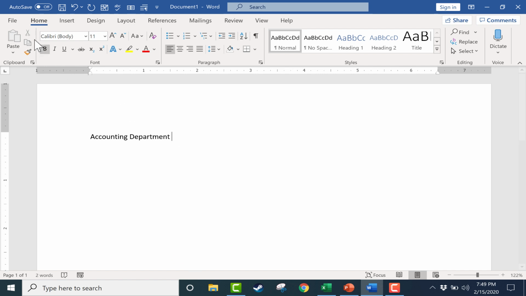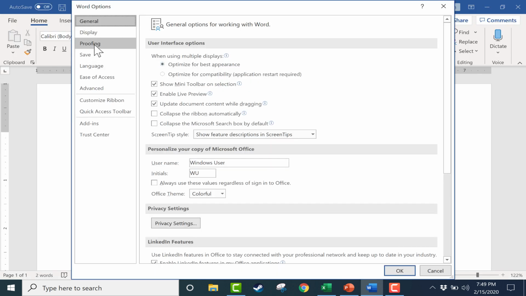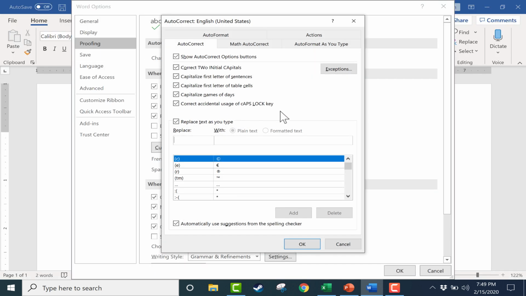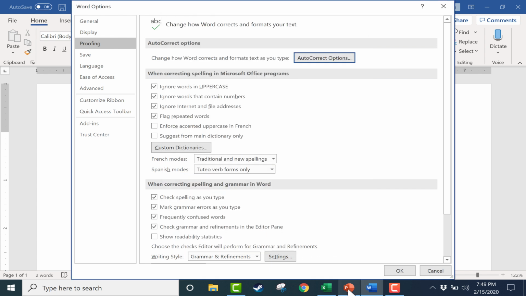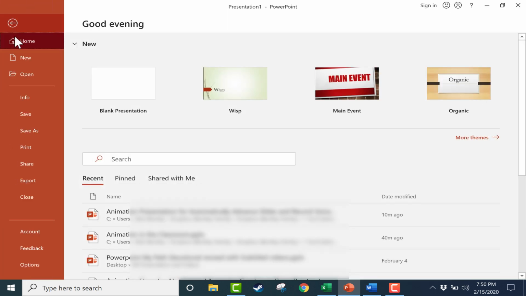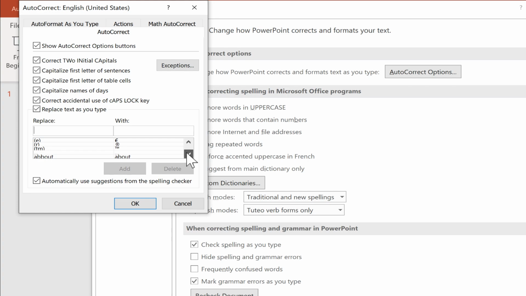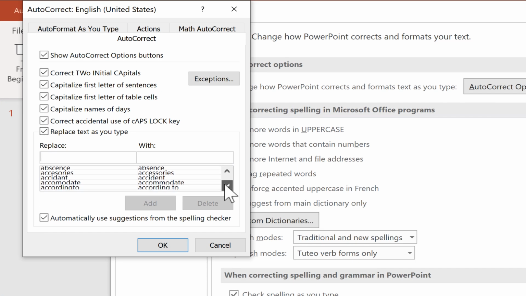But let's say you're in Microsoft Word and you want to set up a new autocorrect or text shortcut. Just go to File, go down to Options. There we have Proofing and Autocorrect Options. And it works just the same way as I showed you in Microsoft Excel. Okay, I've already shown you that it works in PowerPoint as well, but I just want to point out File, Options, Proofing, Autocorrect Options. Now if I go down and look for ACDP, there it is. Now it's all scrunched together, so you may have trouble seeing that, but there it is, and it's going to replace it with Accounting Department.